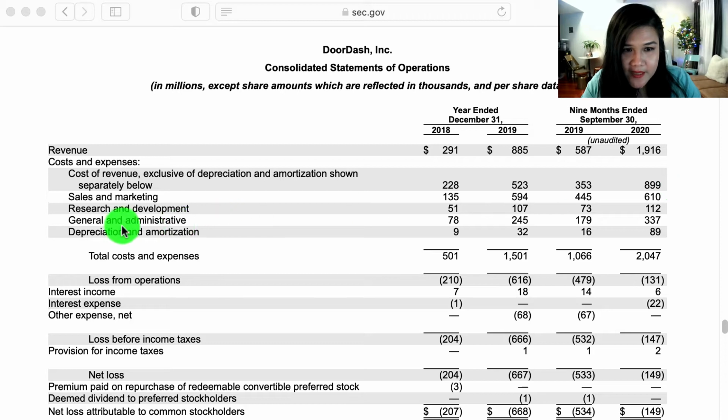There is one line item that I want to draw your attention to, and that's the general and administrative expense. I normally don't pay a lot of attention to that line item, but you see this increase here? That's a little bit unusual. Whenever I see an increase in G&A expenses, it's usually the result of legal expenses. So that's definitely something that we would want to look into.